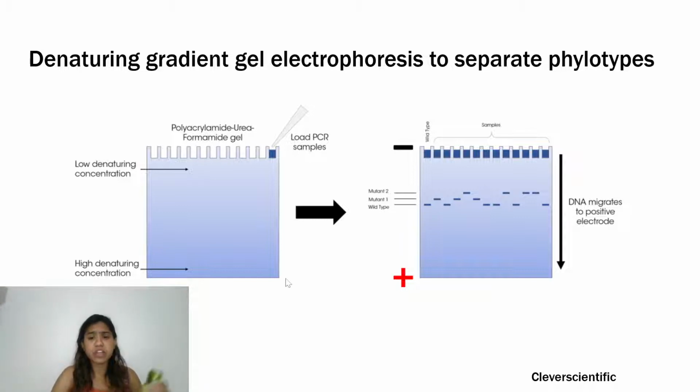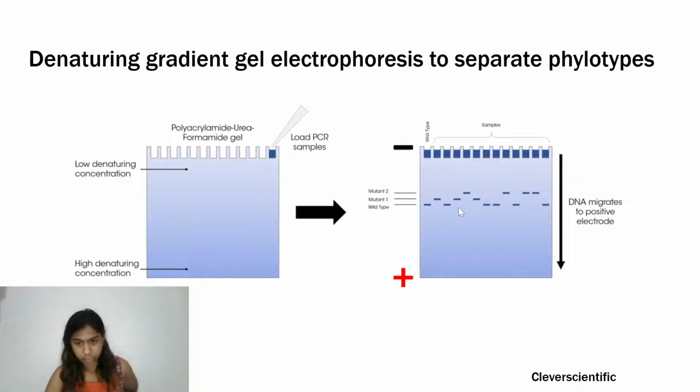So when we load samples, the DNA starts migrating towards the positive electrode, and it moves through this denaturing concentration. Depending on the GC content, just like Tm, this denaturing condition also changes. So more concentration of urea is required to denature sequences that have more GC content. As they move through this, the sequences denature or break at these different regions, and we can see these patterns being formed as DNA migrates. So the ones that have lesser GC content will stop at the top,